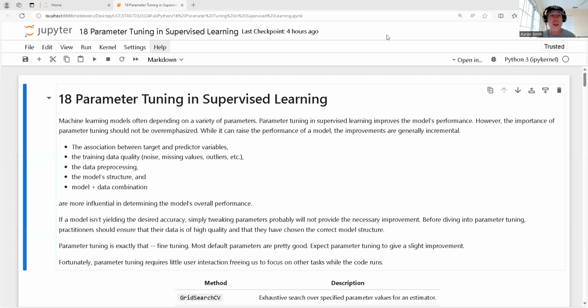Hi, in this video, we're going to take a look at parameter tuning for supervised learning problems. Okay, so what I've done, I have a project where I need to make a prediction, maybe a regression target or a classification target. I've done my data collection, data aggregation, got it all together, did